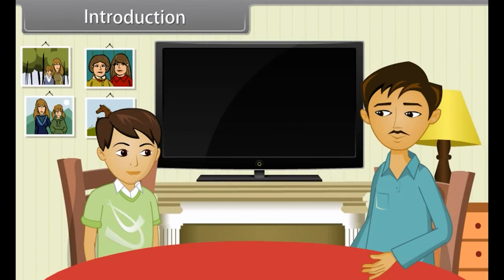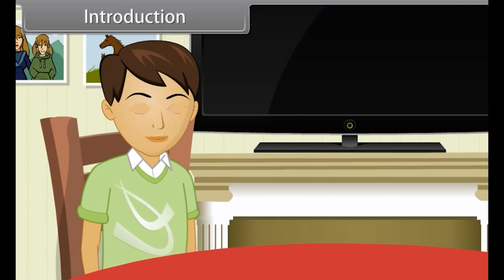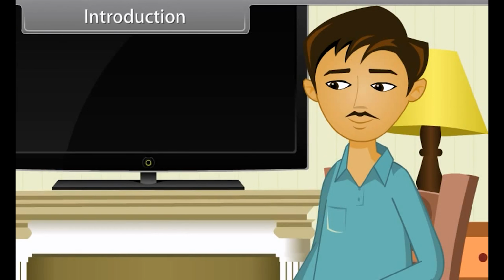Introduction. So son, today is the match of India versus Australia. Yeah, we will enjoy the match. What do you think, who will win the match? India, that's obvious. How can you be so sure? Do you already know? No, my son, I'm not sure, but we can find the probability of who will win the